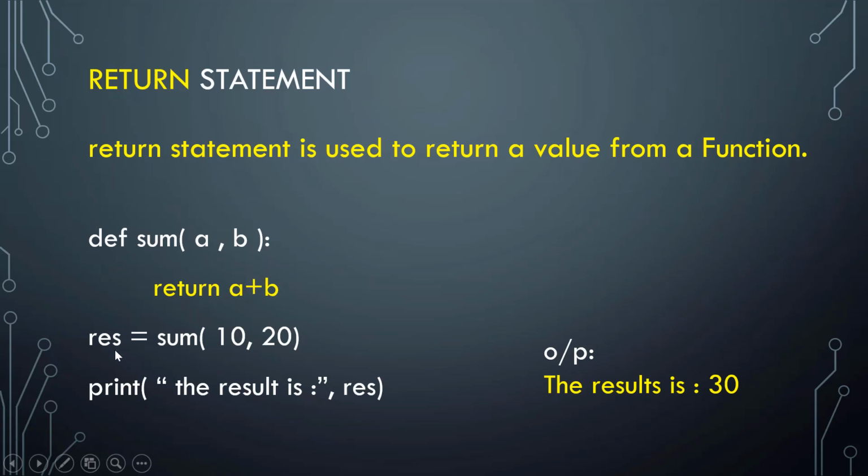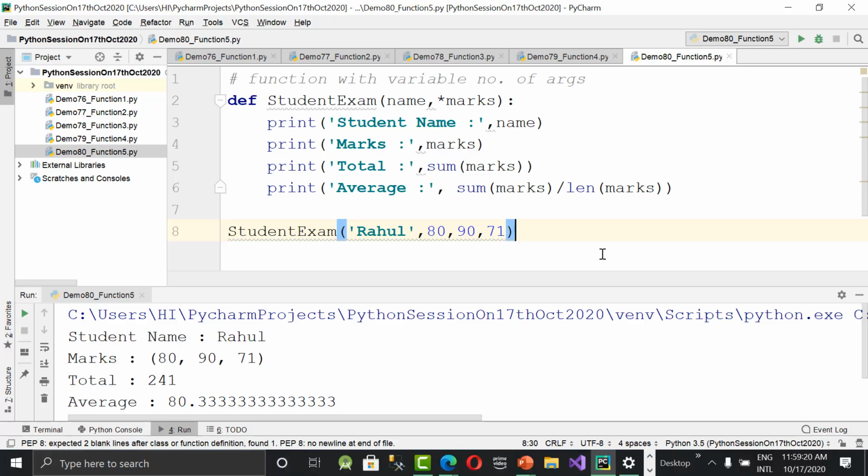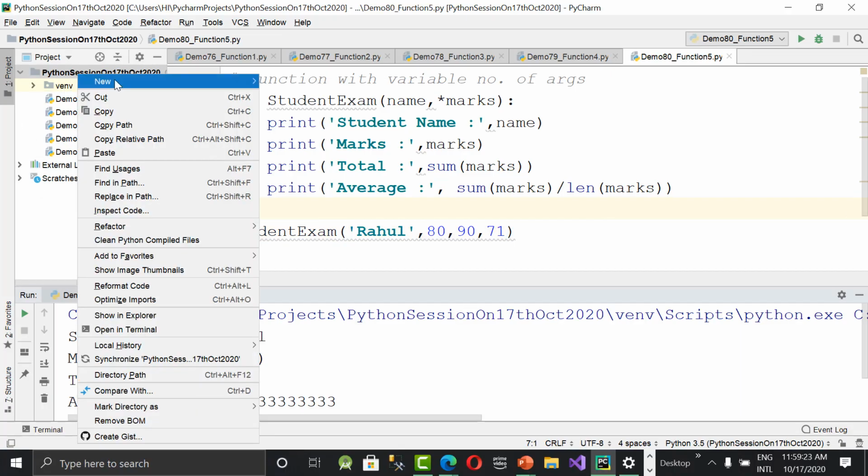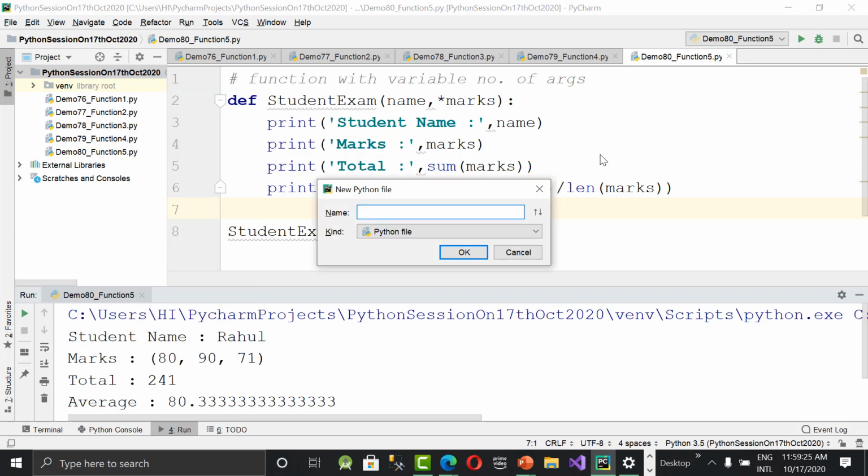We'll go to Python, create the next one, demo 81, where I'm returning a value from a function with the return keyword. A function with a return value and with arguments as well. I'm passing arguments also.